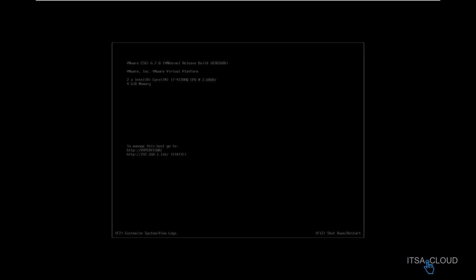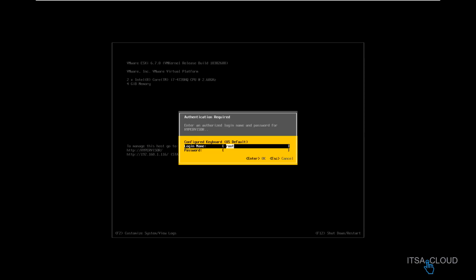All right, so finally we made it to the most powerful type of hypervisor, type number 1. This is the most reliable hypervisor that you can configure in your company, in your office, or whatever you're working on. So after you finish the installation, this is the first window that you are gonna see, right? This is the first graphic interface. So all you gotta do is click on F2 and log on with the password that you already set up during the configuration or during the installation.